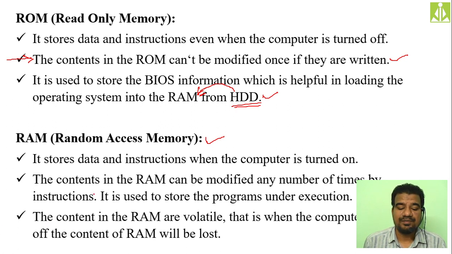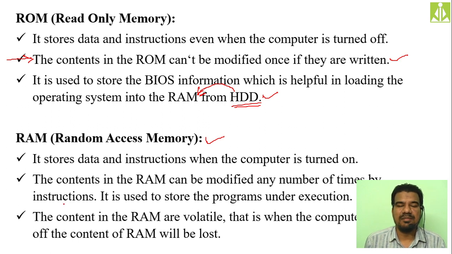It is used to store the programs under execution. Whatever things are under execution, currently you are viewing on the monitor, all those things are readily available inside the RAM. The contents of RAM are volatile. That means if the power goes down, the content will be deleted. Because of that reason, whenever we start the computer, we are not getting the display immediately. We have to load the content into the RAM before getting the display.